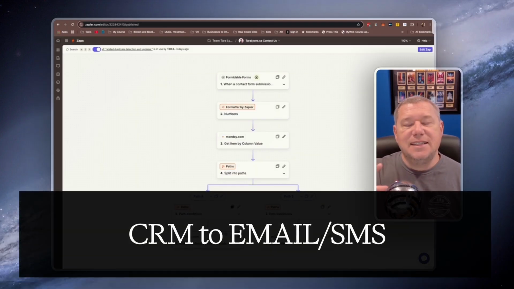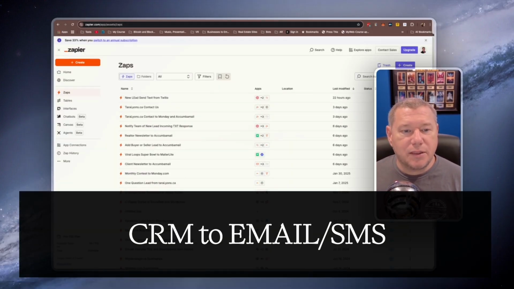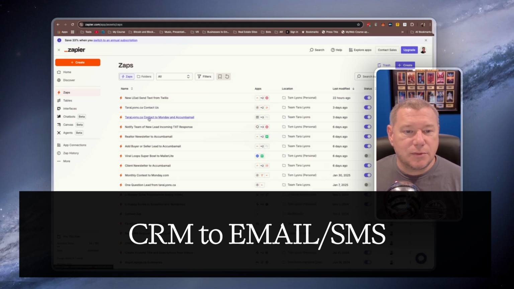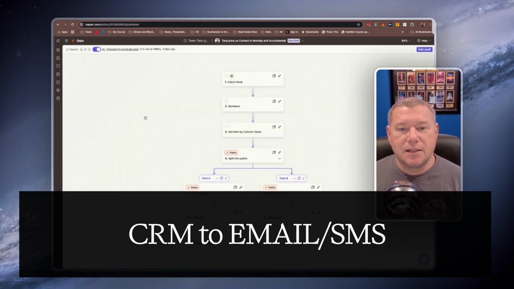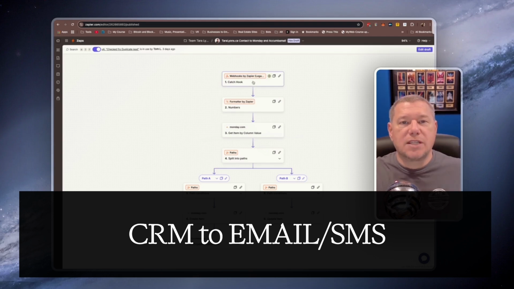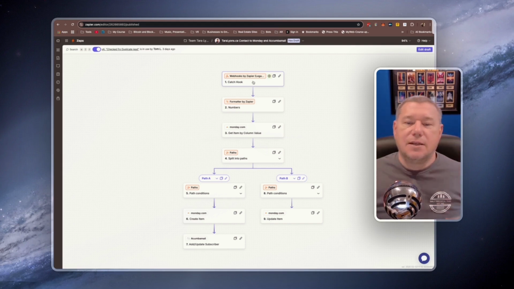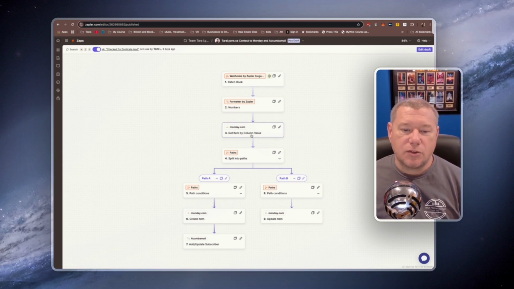So this leads into your CRM. We follow that up with when a new lead is brought in. So an example is this one here: a new contact comes into Monday, we capture that hook from the previous Zap. So these two work together, right? A new lead comes in and then Zapier picks it up, checks to make sure they're in Monday.com or not in Monday.com, and then if they're not in Monday.com already, it adds them,